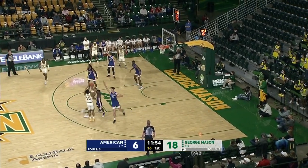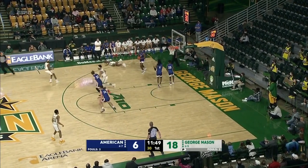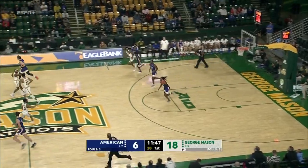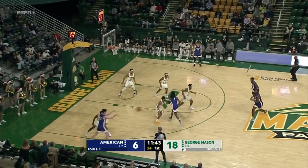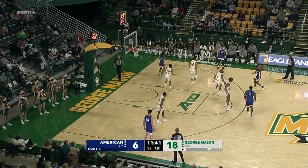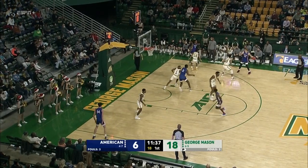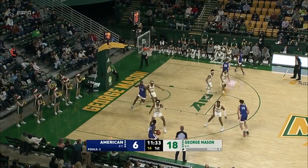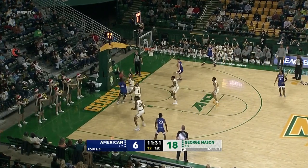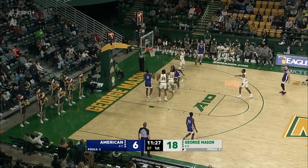Hartwell just off that 3, tries to take another one. It's going to be short, front iron, no good. Battle for the rebound. Henry tried to get it, couldn't come up with it. But a good effort there by the sophomore. Elijah Stevens, that left-hand dribble. Now American again searching for offense. Driving and cut off there was Alexander. Out front, Becton spins right into Malik Henry off the...